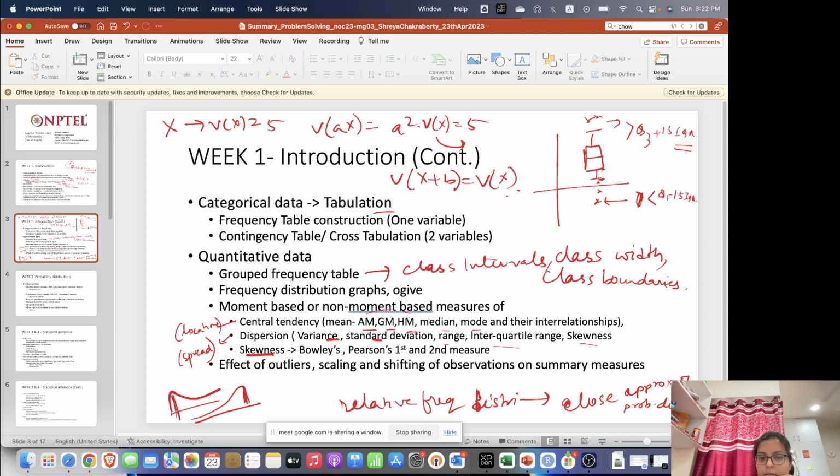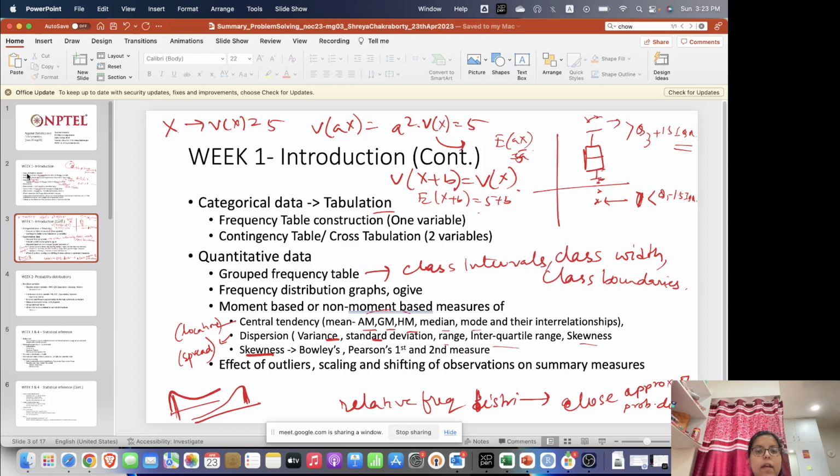But expectation of X plus b would be 5 plus b, so the mean measure is dependent on both, and expectation of aX would be a times expectation of X, so it will be 5a. So mean will be affected by both scaling and shifting, but variance will only be affected by scaling and not shifting. Okay,